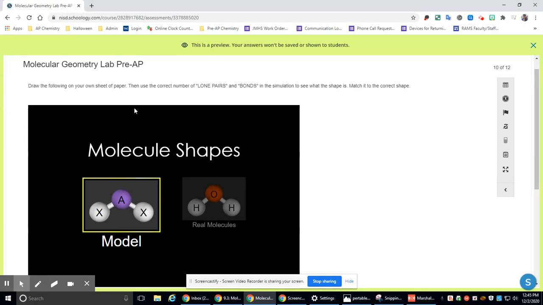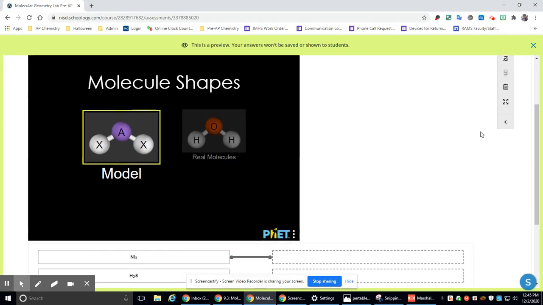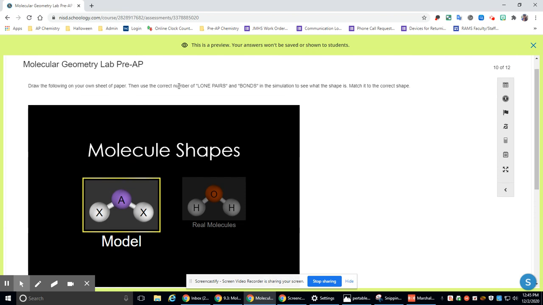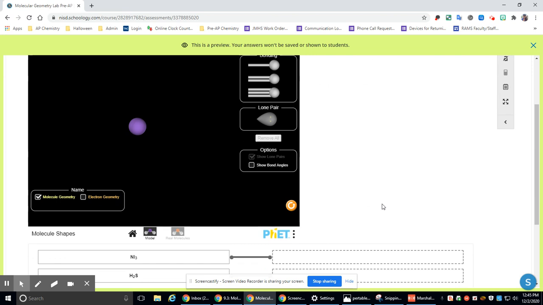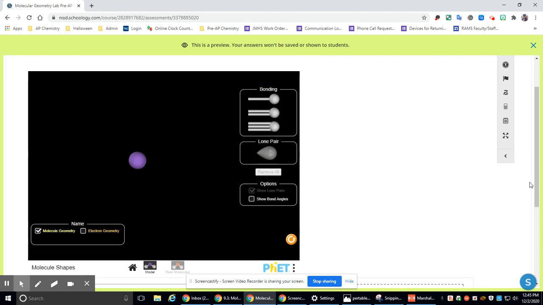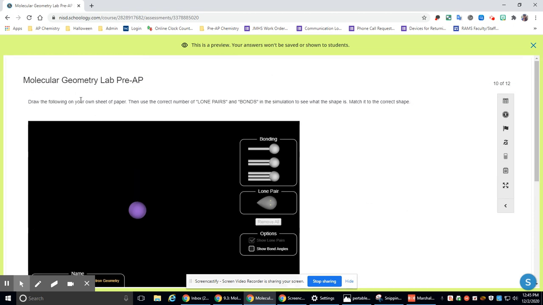Okay, so for number 10, we are drawing in now the shapes, and we're actually making the connection between what we're drawing and what we've been working on drawing as in comparison to what the shapes are in the model. We can use a simulation to figure out what the shapes are, or you can use your notes on what you've already done. So to start us off, this is telling you that you need to draw them on your